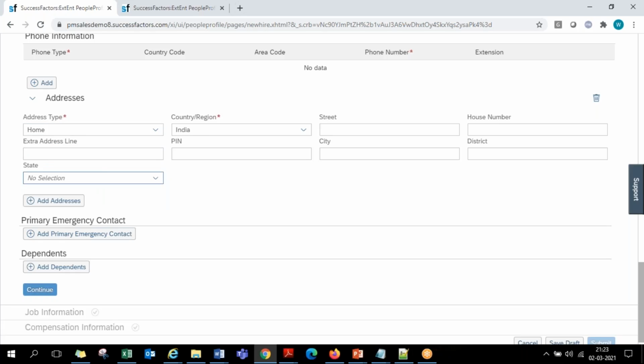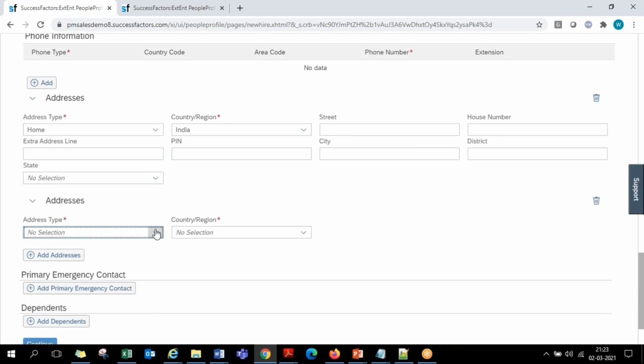And you can even maintain multiple addresses, guys. Not only one. Home address is one, add one more as mailing address, one more. So you can keep on adding any number of address types. There is no limit. Even phone numbers, email IDs, address types, anything, there is no limit. You can keep on adding any number.